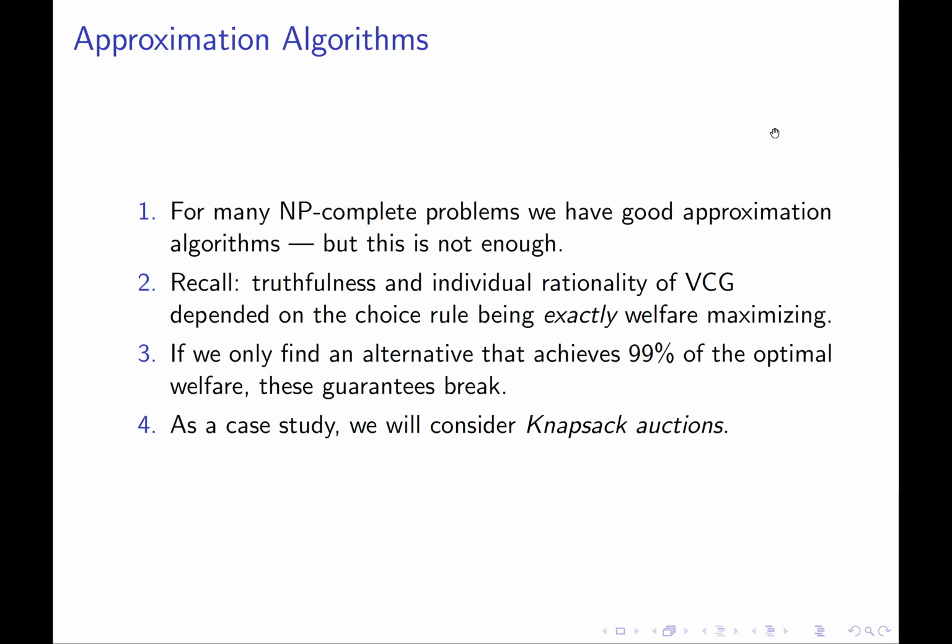So before I go on, are there any questions about the premise of today's lecture? We haven't done anything technical yet, but this is a good time for basic questions about, like, why do the guarantees of the VCG mechanism break if you can't exactly optimize things? Why is it that sometimes we can't exactly optimize welfare? Things along those lines. So let me know in the chat or by unmuting yourself if there's any questions.